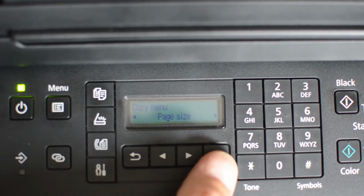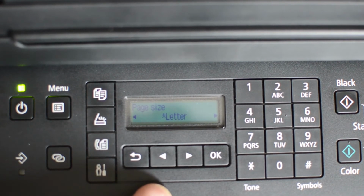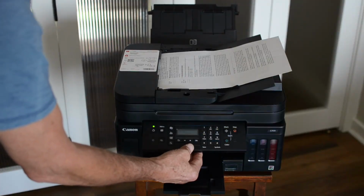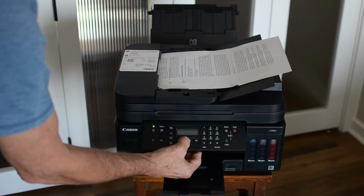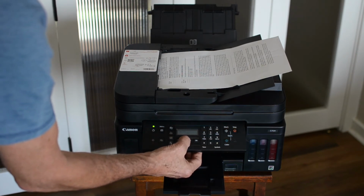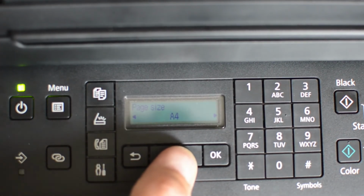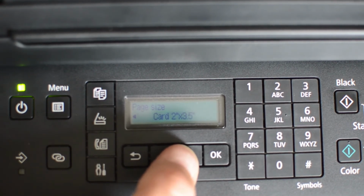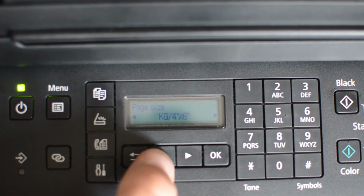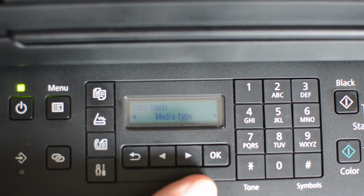Then we come to page size. Now this is really important. We want to change the page size or make sure that it's on letter. So once we get to page size, we press OK, and then we can use the arrows to see what our choices are. So we have B5, A5, legal, A4, letter, which is what we want, and then there are other choices here. We don't need to concern ourselves with those. So I'm going to choose letter, press OK,